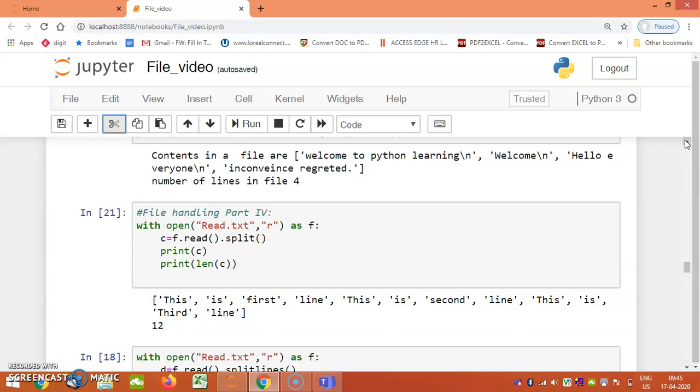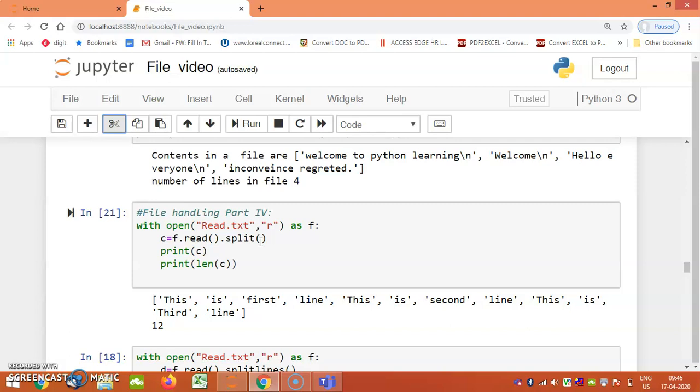Now listen, I am going for something. For example, we have the split function. What exactly does a split function do? We discussed that the output of a split function is a list. We can give any parameter to the split function, and based on that parameter it splits the line.